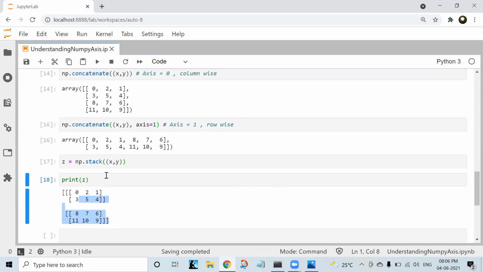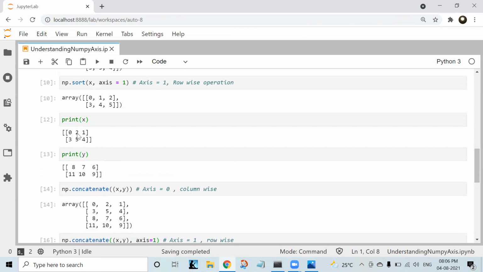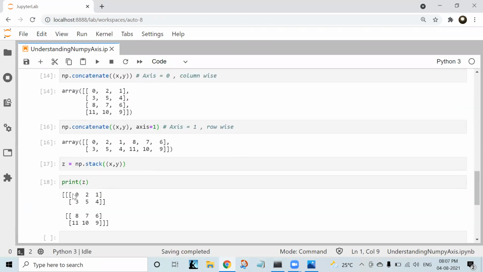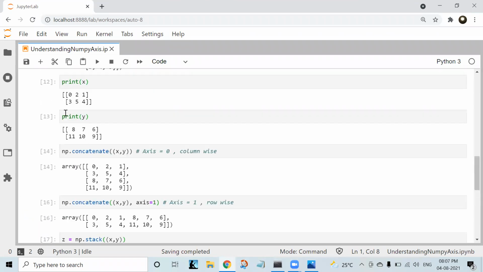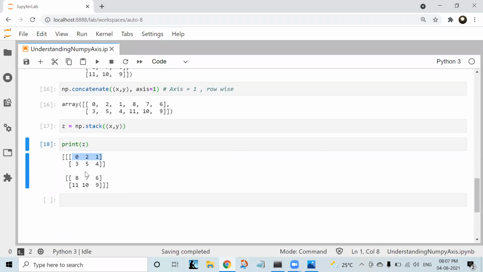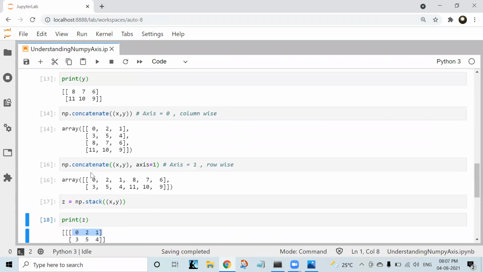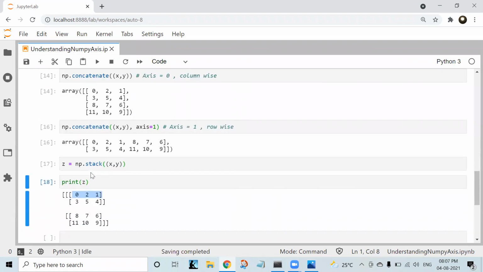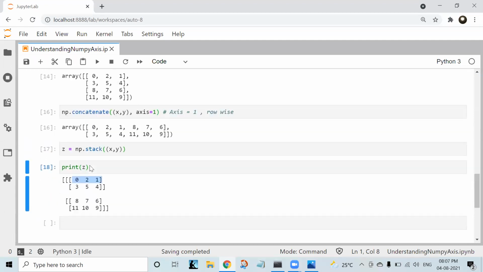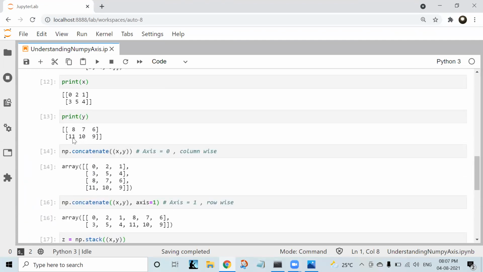Okay. So if you see it here, the first row is 0 to 1, 0 to 1. Okay. And then the first row of the second array. What is the first row of the second array? Row 1, 0 to 1, and then